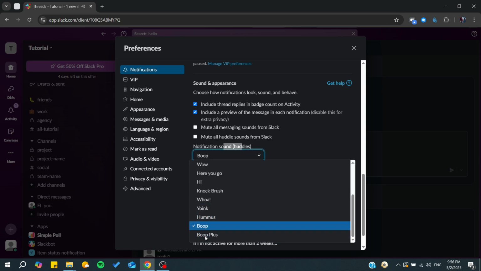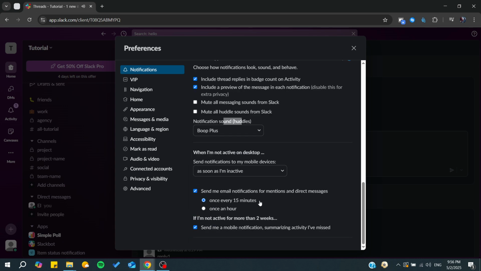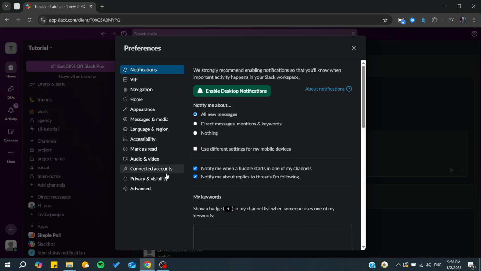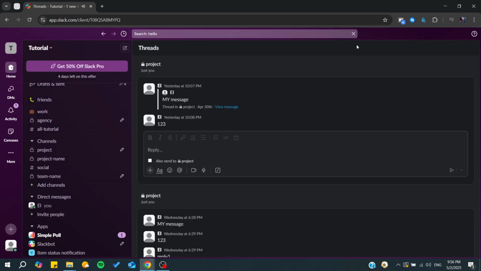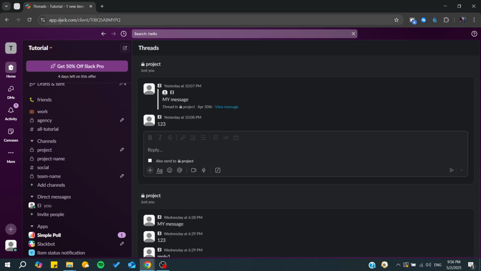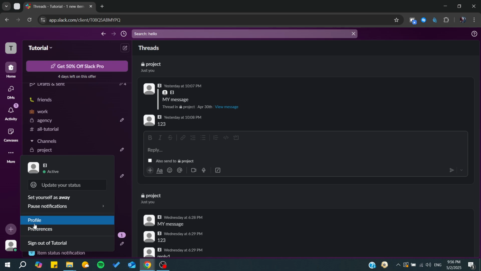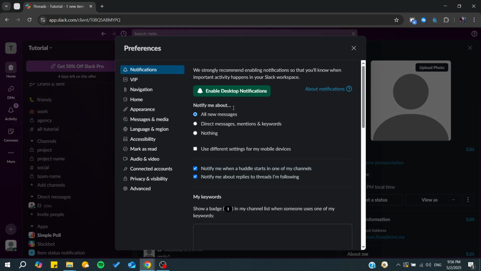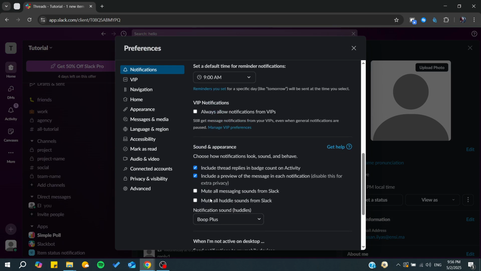And basically, you will just need to save it after that. So the settings will be saved automatically here from the preferences on the web version, because I'm not using the desktop app. I'm only using the web version. So after, let's just go again to our preferences, and from notifications you will choose anything, and of course you